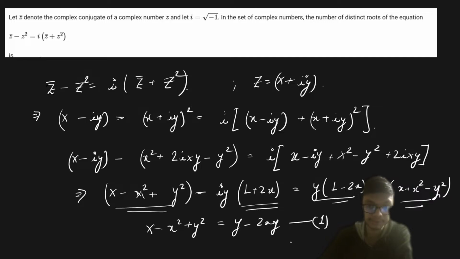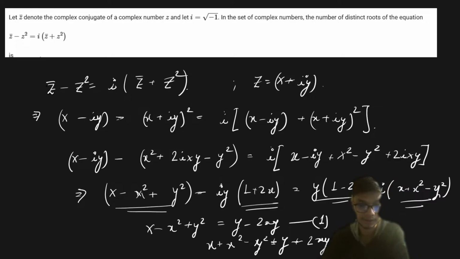Okay, this is the first equation, and similarly the second equation will be like x plus x square minus y square is equals to minus y square plus y plus of 2xy is equals to 0. That's our second equation, right? So if we just have these two equations and if we just add equation 1 and equation 2, from here we will get